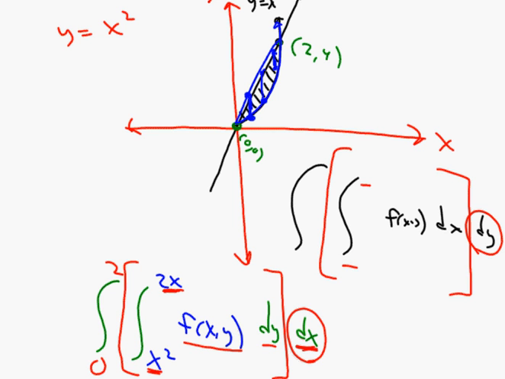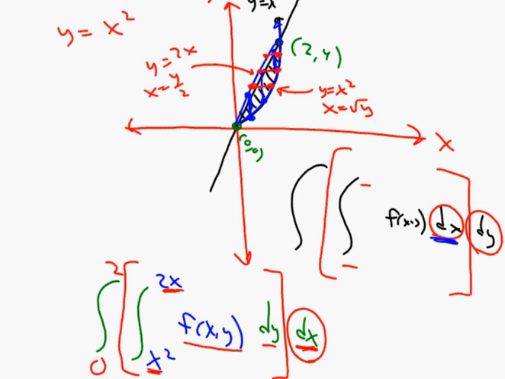What you're really doing is the following. This says dx. X is varying horizontally from here to here, or from here to here, or from here to here. Well, your rightmost function, which we know is y equals x squared, can also be written as x equals the square root of y. And your leftmost function, which was y equals 2x, can also be x equals y over 2. So now you can tell that x here is going to vary